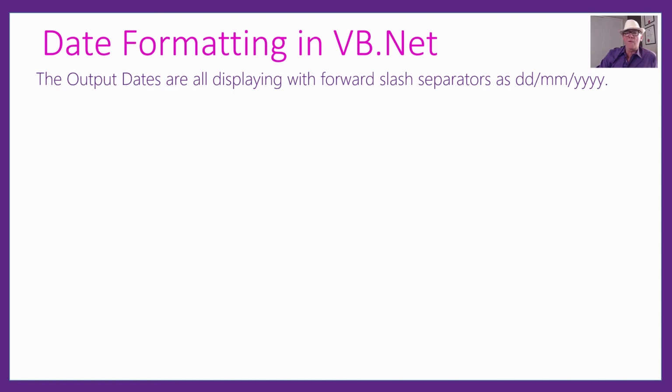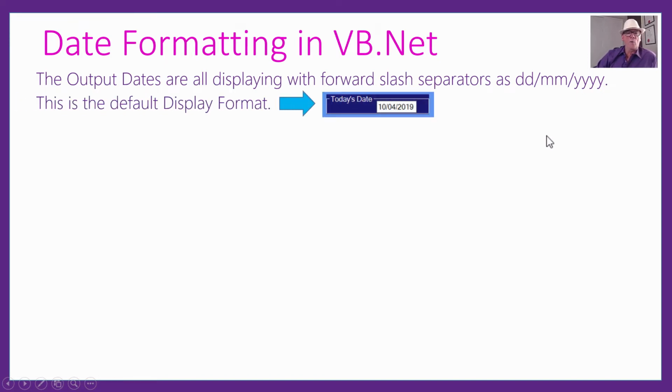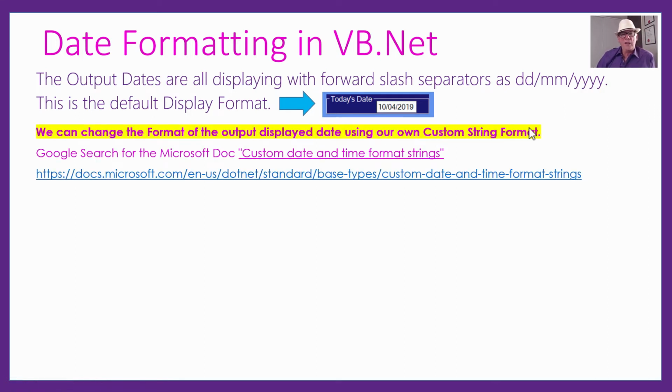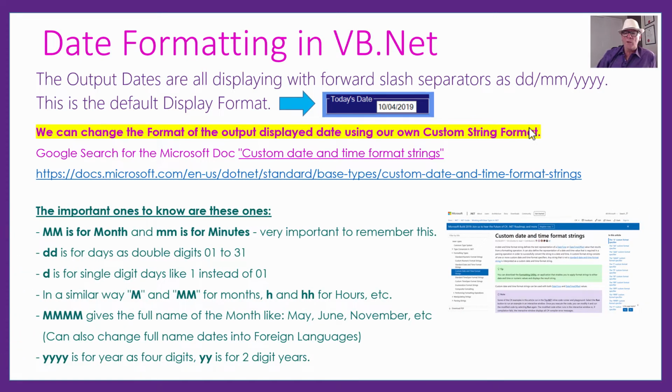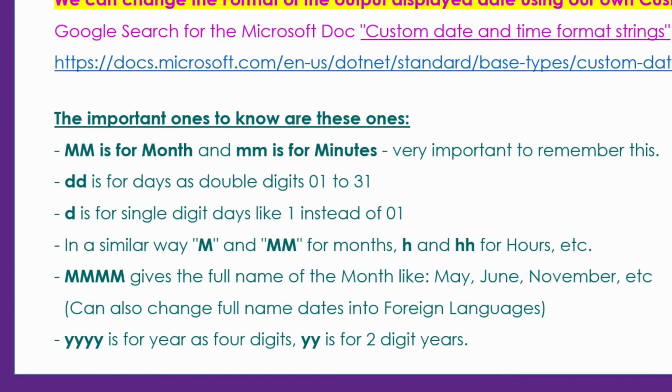The default is that you have these forward slash separators here, these lines tilting to the right in between day, months and years. So when things are displayed on a form, they just come out with the day, forward slash, 04, forward slash, and a 4-digit year there. Now, if you want to change that, there are many, many custom date formats that you can make up, and there's a big Microsoft document of it. So if you just Google for custom date and time format strings, you'll get this big multi-page document, and there are so many different formats in there for dates and times. But the ones you need to be aware of is that